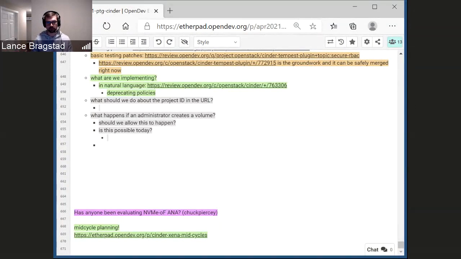You'll just need to be aware of the fact that it's not a mutually exclusive set between project ID, domain ID, and system. This is the first time that this is ever going to happen. We never have been able to overload scopes within a token, and this would be the first time that we've ever allowed that to happen.